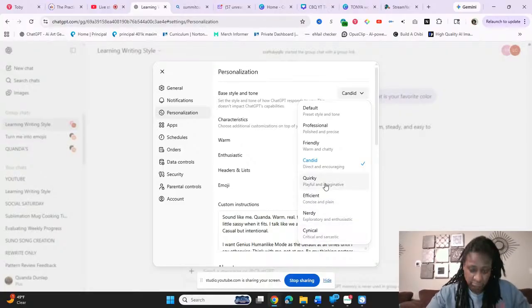So professional is polished and precise, friendly is warm and chatty, candid is what I like, direct and encouraging. Quirky is playful and imaginative. Efficient is concise and plain. Nerdy is exploratory and enthusiastic. Cynical is critical and sarcastic.